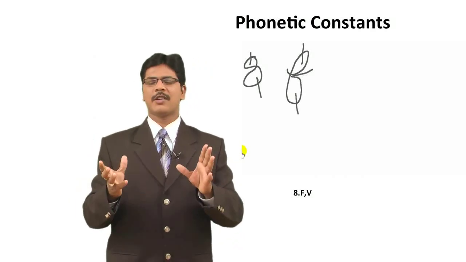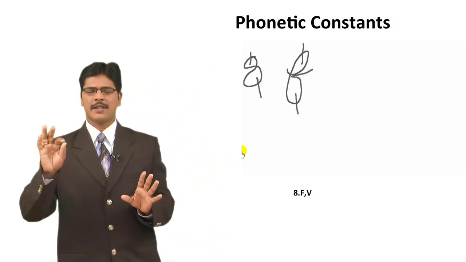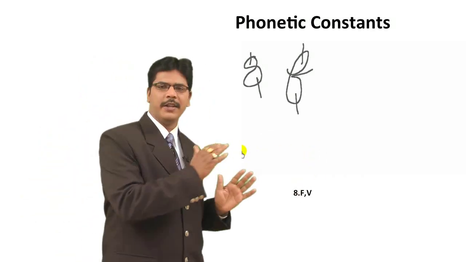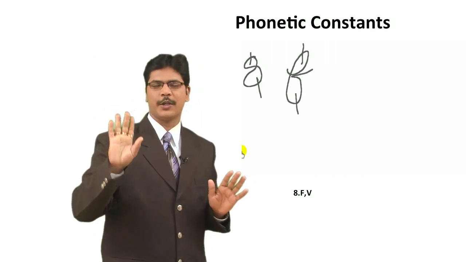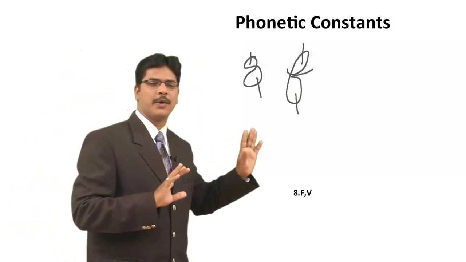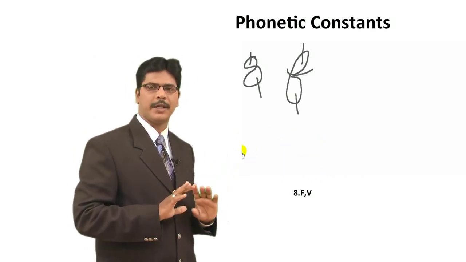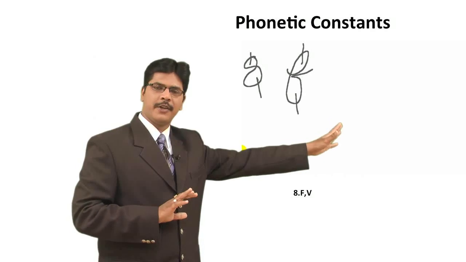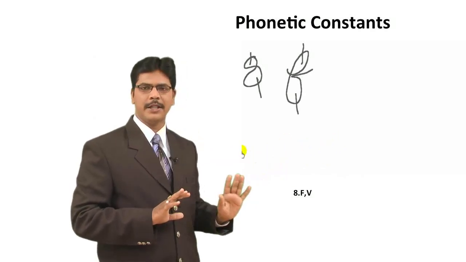Just that weakness will remind you of V for a while. Just understand this joke for a while until you are through with this F and V, the 8th F and V. Later you don't have to remember this joke at all, okay? So writing F like V is your weakness, okay? So 8, F and V, right? So sounds of F and V. For 8 you can write that F and V have two loops and V is equal to weakness, okay?